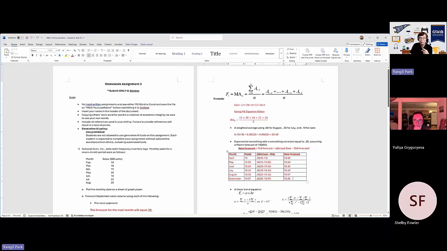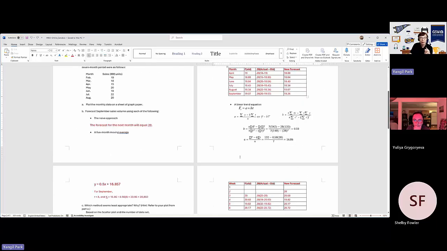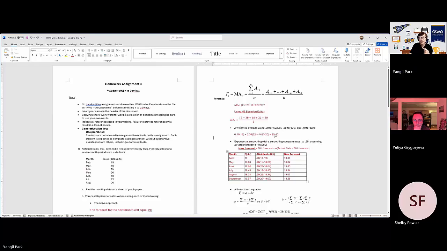Okay, then finally in September, because the 19.07 is from August, then just do that subtraction, then you're going to get 19.26. So that's the forecast for September based on this method. Okay, so a little bit off from the weighted average or just the moving average, I think. Not sure how much the moving average was. I didn't get the answer here, but